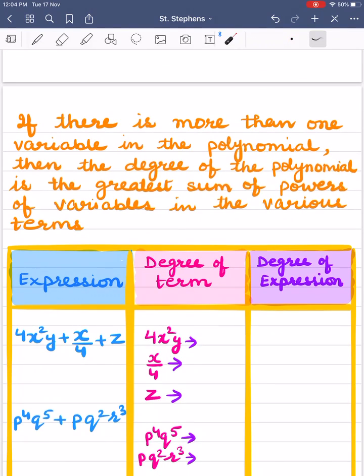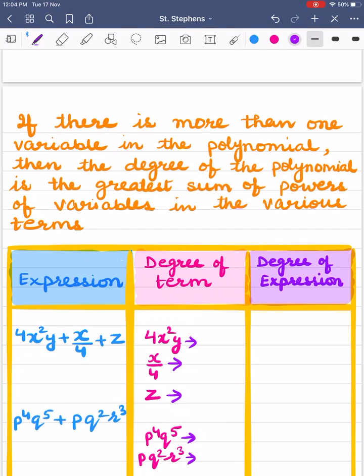Children, if there is more than one variable in the polynomial, then the degree of the polynomial is the greatest sum of powers of variables in the various terms. Now it will become clear from the following examples. Now in the algebraic expression 4x²y + x/4 + z, let's find sum of powers of variables in various terms. So in the first term, 4x²y,